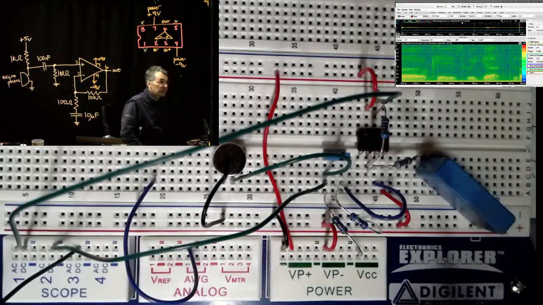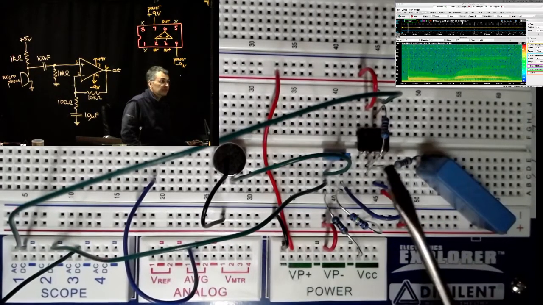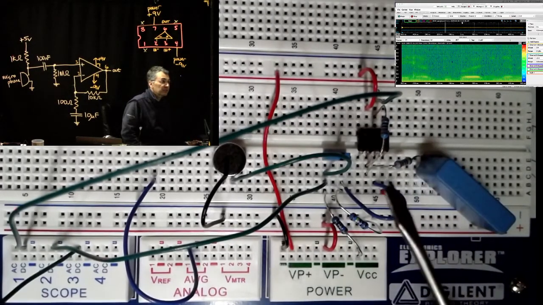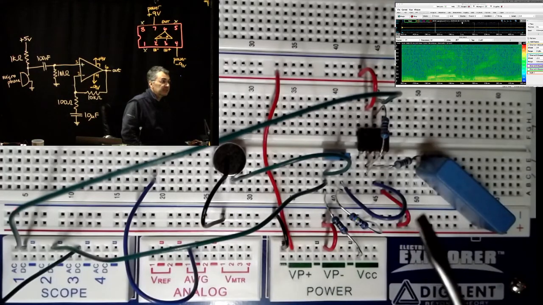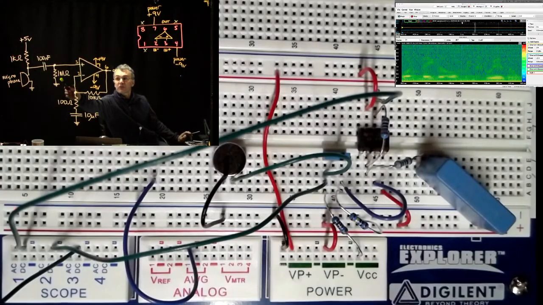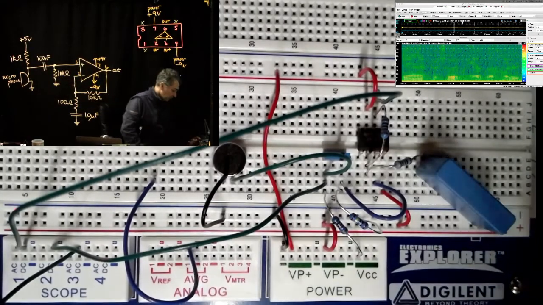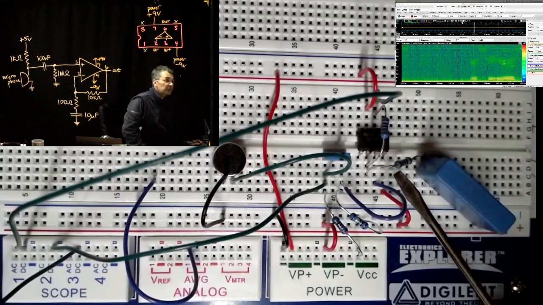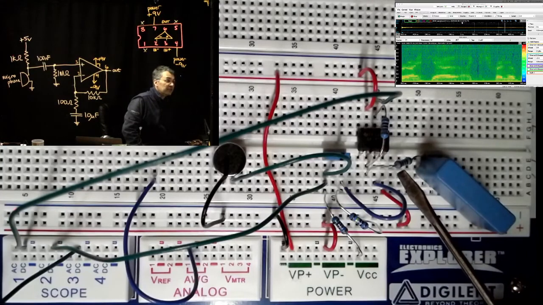Okay, so pin 2 was the inverting input, and pin 3 is the non-inverting input. That should go to the 1 megaohm resistor to ground, and the 100 nanofarad capacitor, so let's see where we go from there. You see here's pin 3, and remember I try to build the circuit so it looks like the